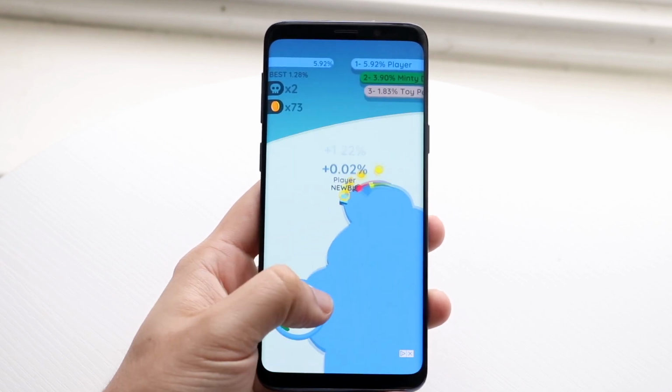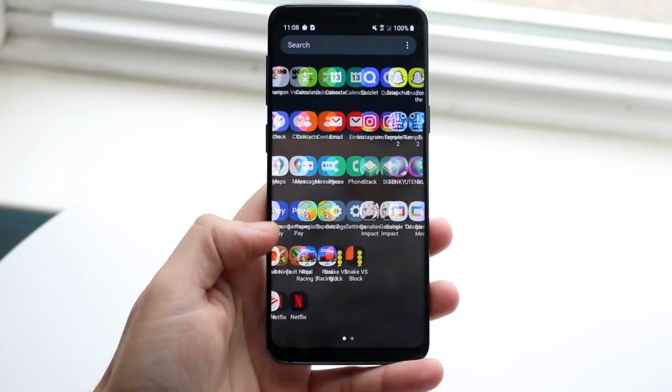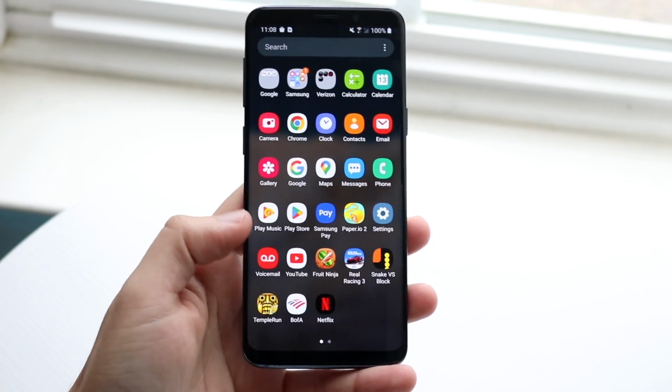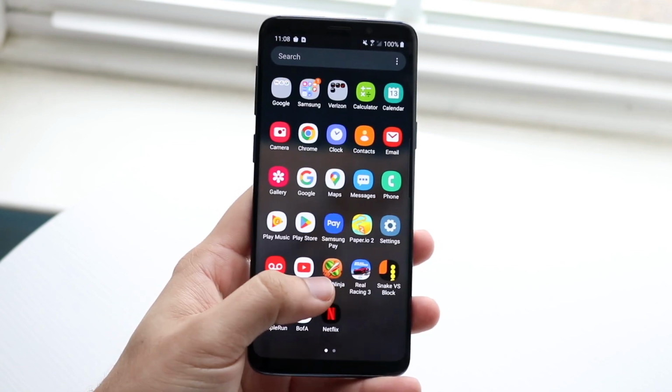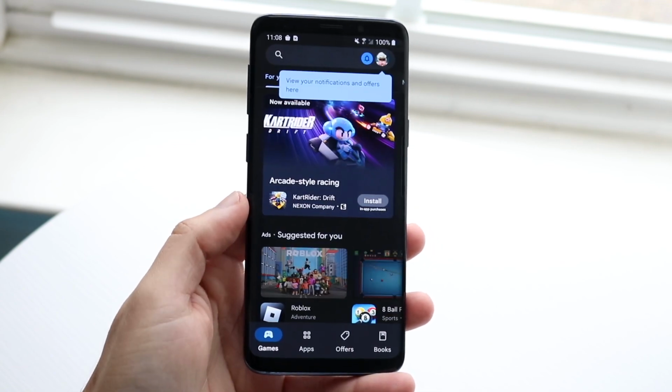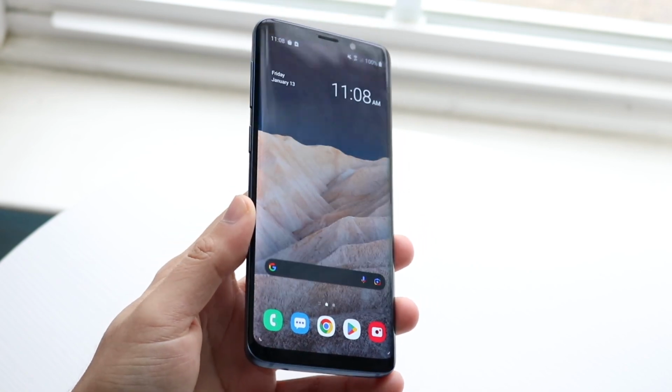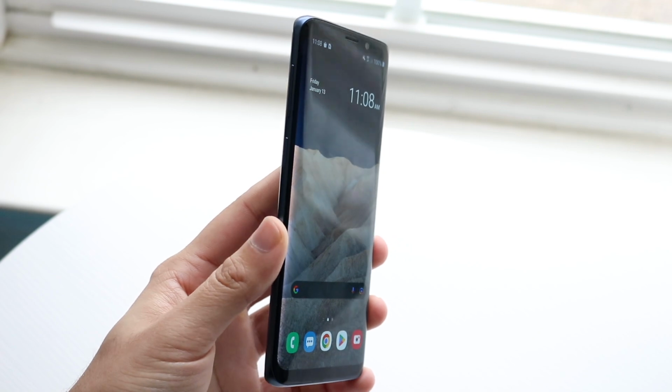If you wanted to have some sort of side device for playing older emulators or older games that are still supported on this phone, then I think this is actually not a bad device. You can get these things all day for super cheap, but again, is it the best choice? Probably not. And I still think the performance of this phone is okay, but if you're comparing it to